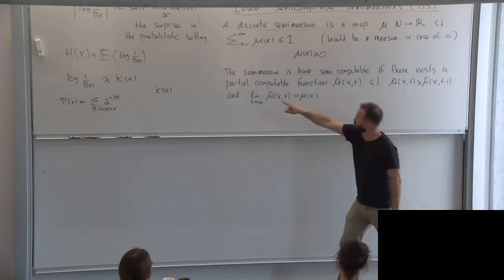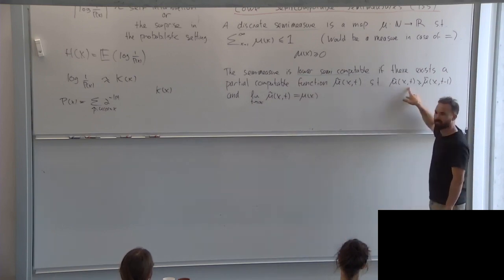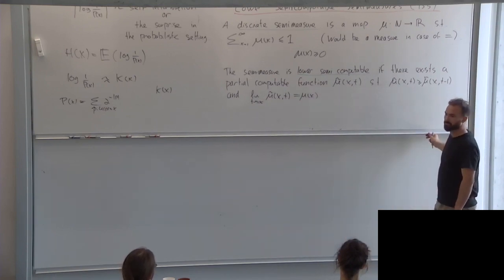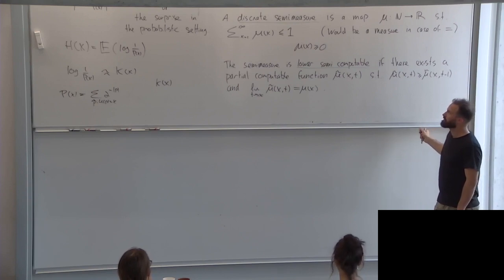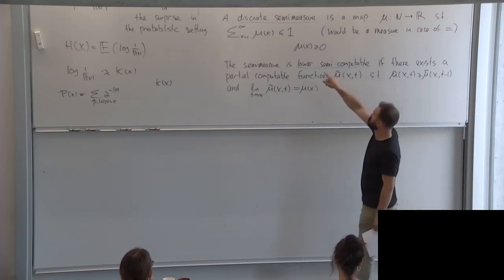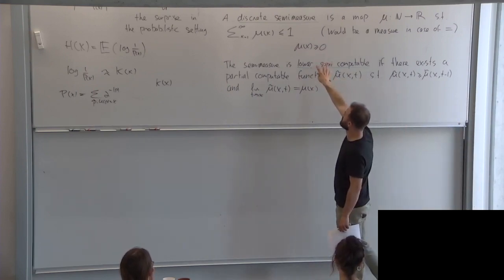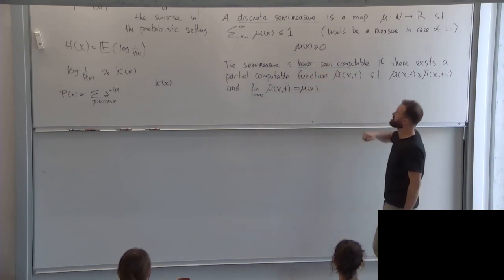Because you're worried about the fact that it's partial computable, you're worried this might be undefined. Yeah, basically I don't know what that inequality means for the cases where it's undefined. But we don't care about them. No, not that I can think of. For this case, we could even let it be total computable. I don't see the problem in setting mu of x to 0 for all x except